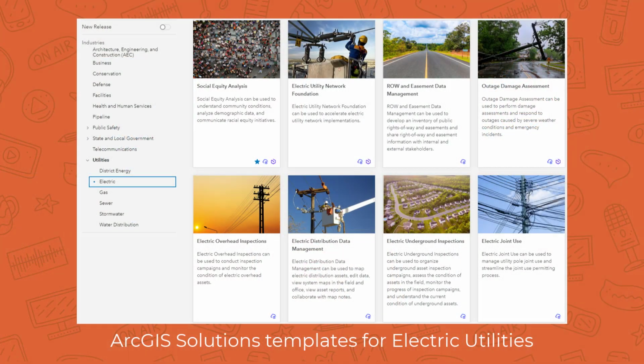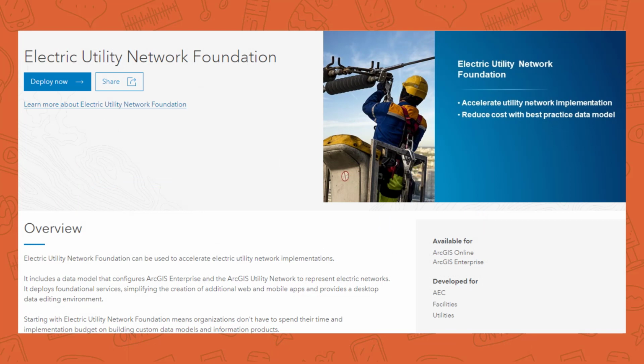And so what we have is that we've provided to clients some various ArcGIS solutions templates that people can actually start to deploy and look at today. These templates are available across the different types of utility domains that I was talking about. So we have some for electric, gas, water, wastewater, storm, as well as telecommunications. And we basically provide two different flavors. The first one is a full utility network solution, which we call the